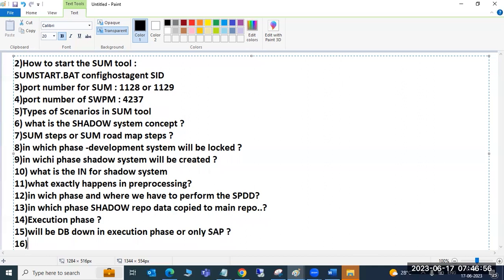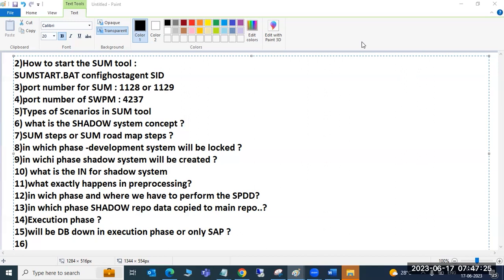Let me ask whether the DB will also be down. Do you agree or not? No, sir, we are performing the activity only on the application, so it won't impact the database. That is true, but what I'm saying is that the DB will also be down in the execution phase. Is it a correct statement or not?